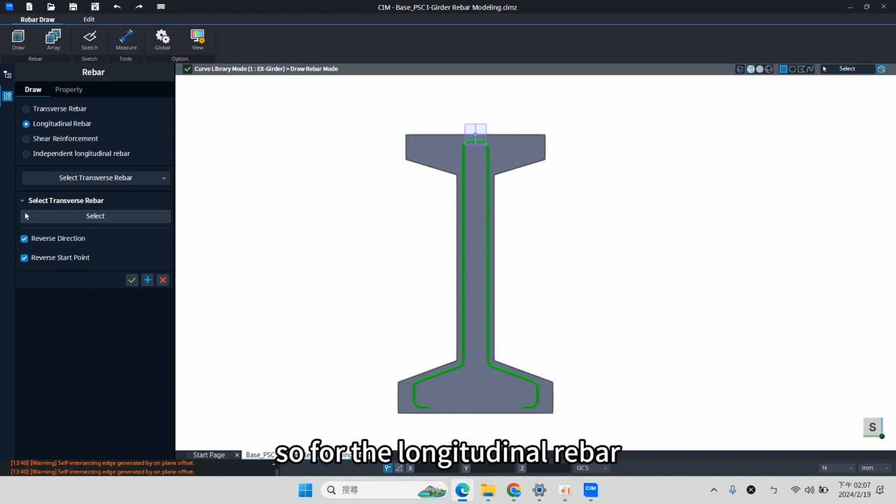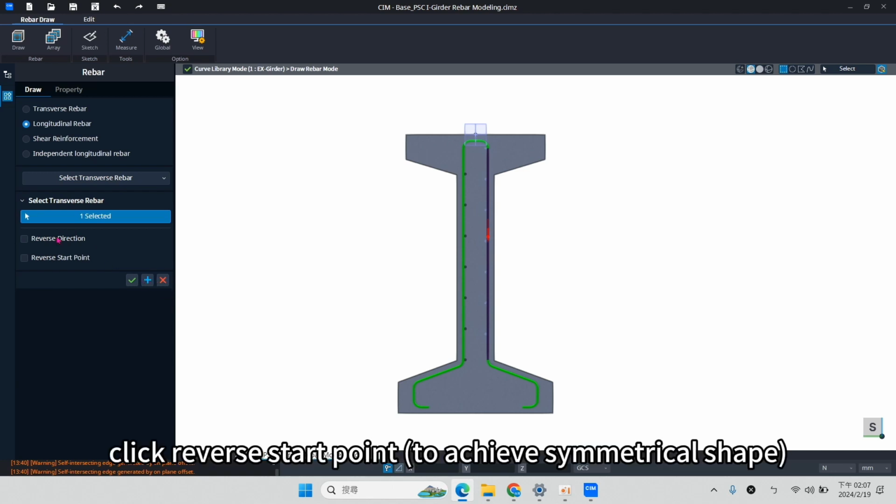So for the longitudinal rebar, you can click on the longitudinal rebar, select transverse bars, select, and then click on the web. Again, to select all of them, enter, and then click this one, and then click on the rebar start point.